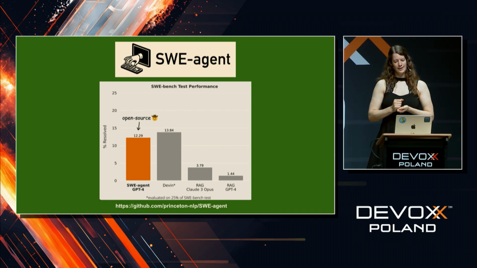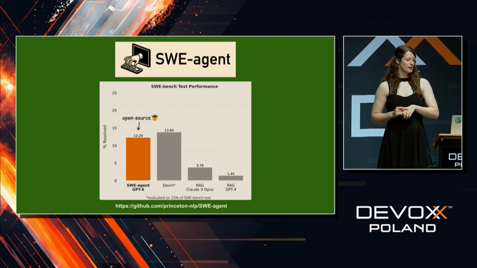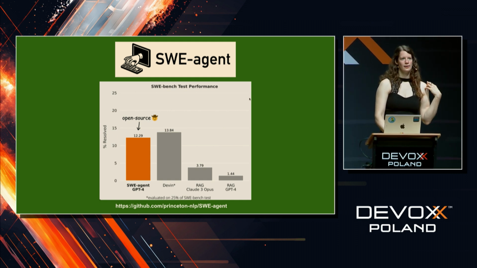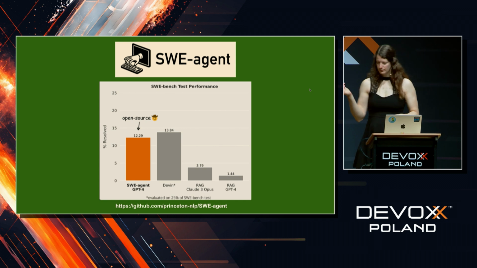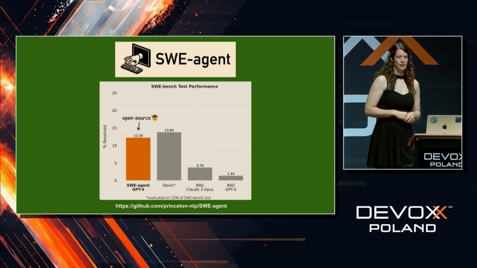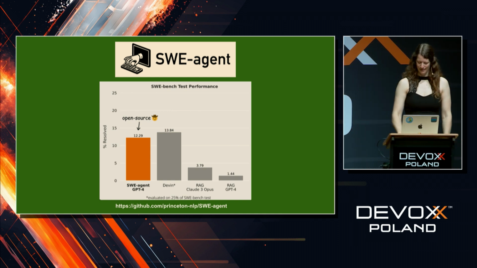So if you give an LLM enough tools, it can start doing this whole cycle for you. But the nice thing is, Princeton University made an open source version called Software Engineer Agent. You can go check it out on GitHub or just watch a tutorial on how it works, and it scores almost as good as this commercial Devin. The nice thing is, if you have some assignments on Upwork, it actually can already solve a couple of them by itself. So definitely have a look into that.